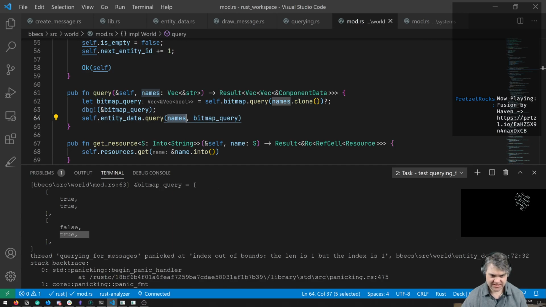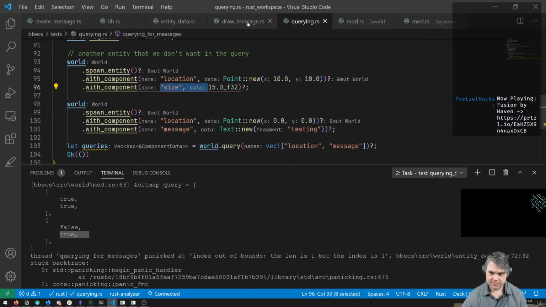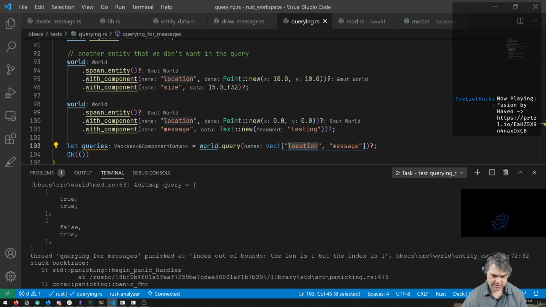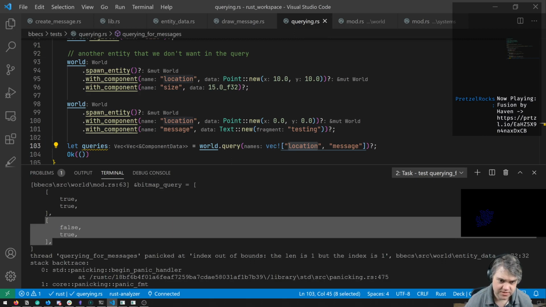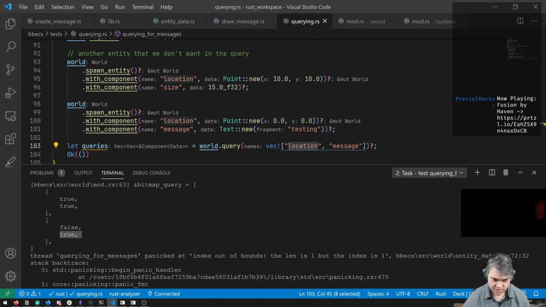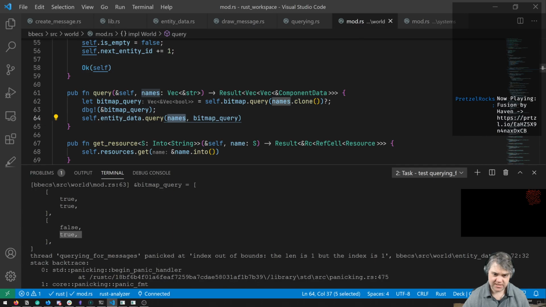So if we map out to this, the names was location and message. So both of them have locations, and the first one does not have a message. The second one does have a message. Okay, that's what I'm seeing there.